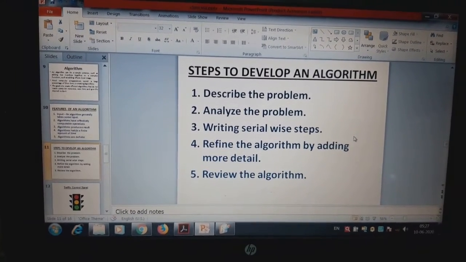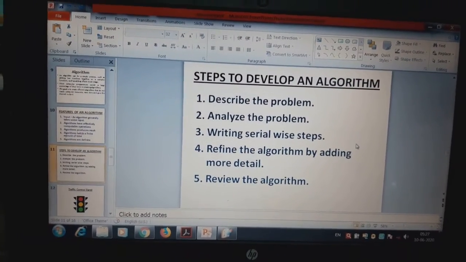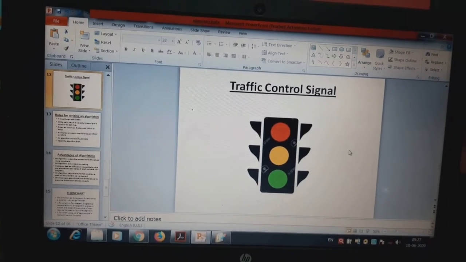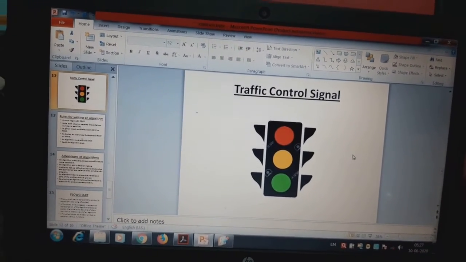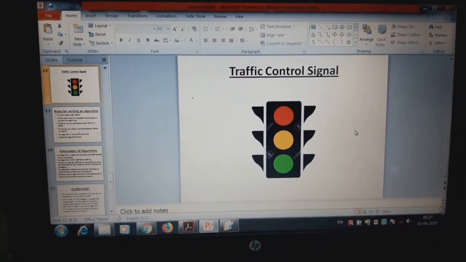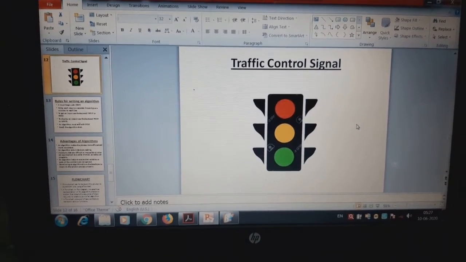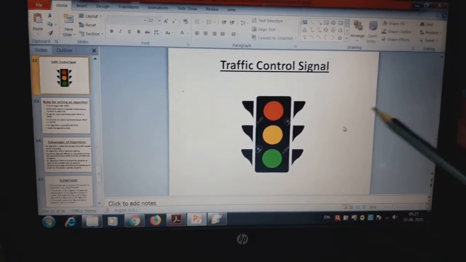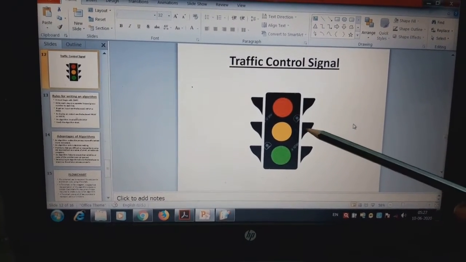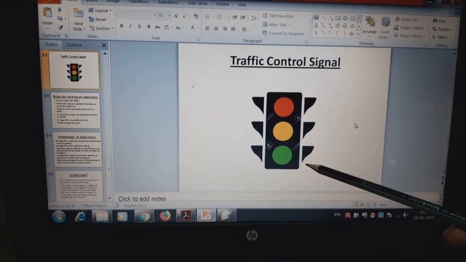Suppose if we take the example of a traffic control signal which is used at zebra crossing. So in this, for writing a program of a traffic control signal, you have to write the algorithm first. You have to write the algorithm step by step. That first, red light glows, then it will stop and the yellow light will glow for a few seconds, then it will stop and then again green light glows.